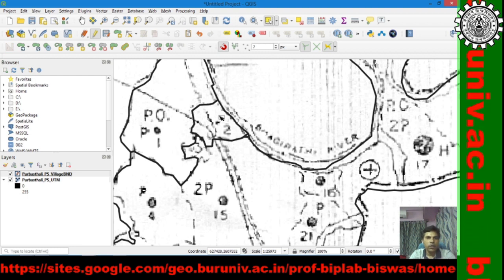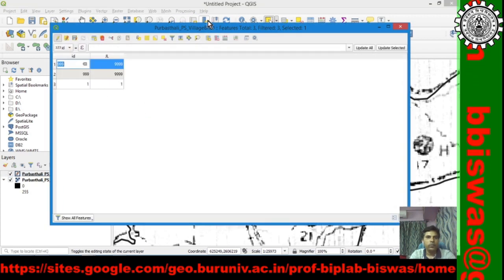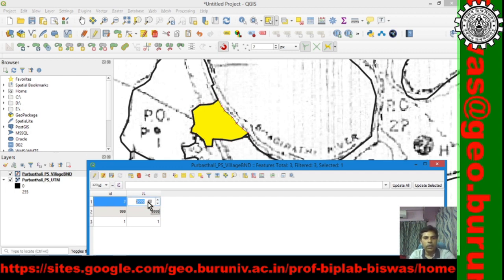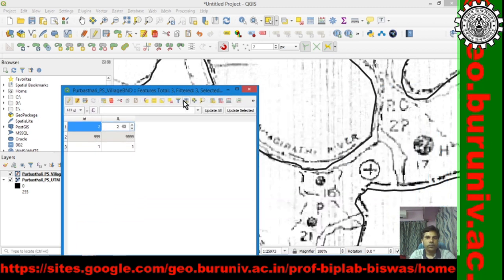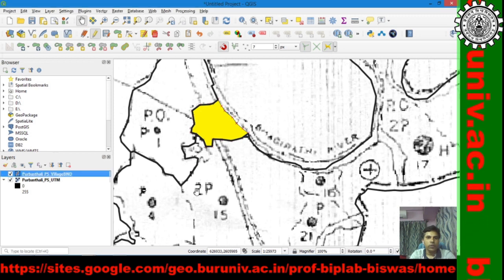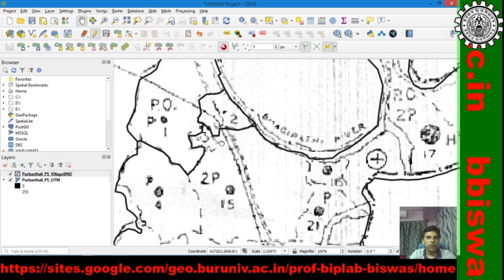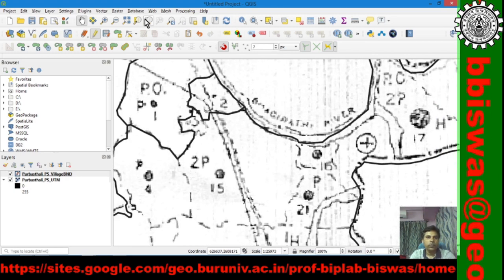So, village 2 is ready, and see the attribute table, and you can see this is number 2. So, we can create GL number 2 and follow the method, come to number 3. So, we should unselect this, and this is 4, 3 is here.